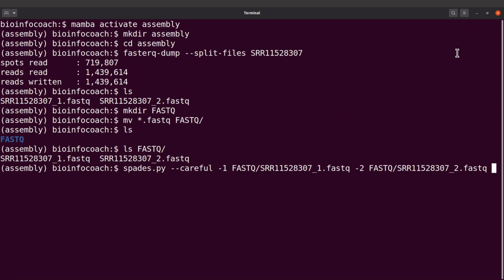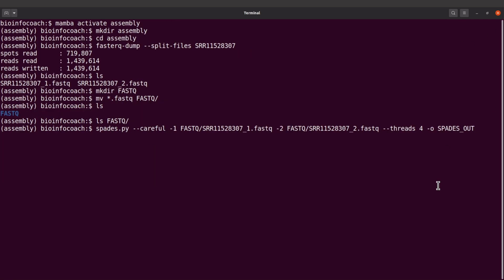Now let's indicate the number of threads. So we will say --threads and we will indicate 4. Now let's also indicate the output directory. So that will be -o. Now say SPAdes_out. So this is going to be our final command. Okay, so we have spades.py --careful, -1 for forward, -2 for reverse, number of threads, and -o for the output